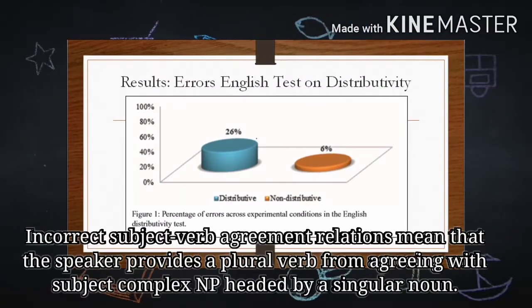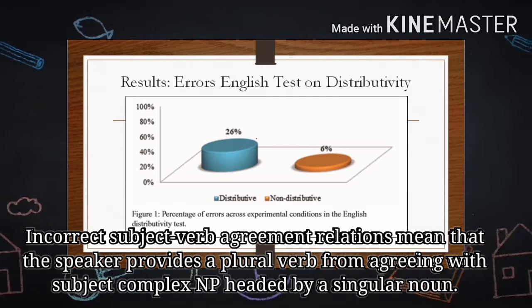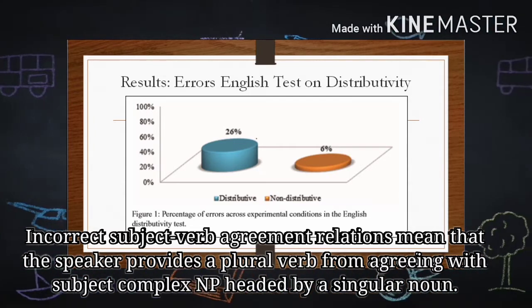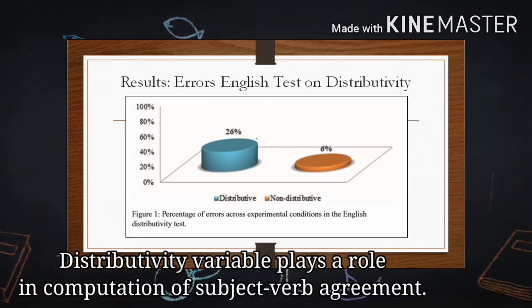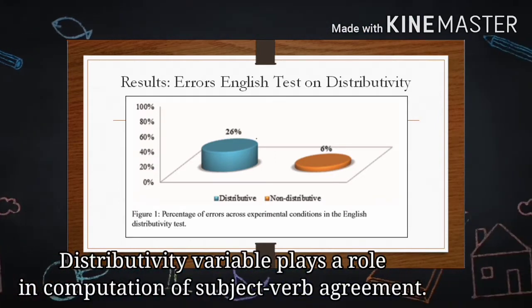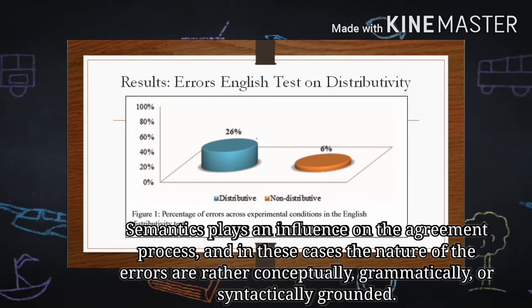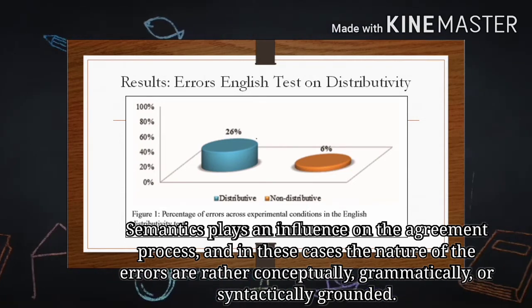Findings: errors in English tests on distributivity. These incorrect subject-verb agreement relations mean that the speaker provides a plural verb instead of agreeing with a subject complex NP headed by a singular noun. It reveals that the distributivity variable plays a role in the computation of subject-verb agreement. Semantics has an influence on the agreement process, and in these cases, the nature of the errors is rather conceptually,